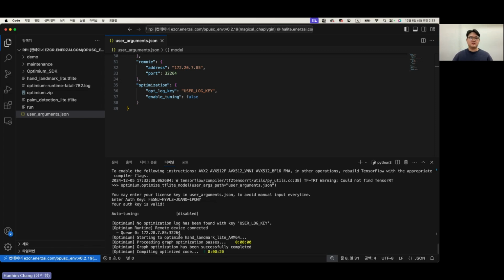And while the model is being optimized besides the auto tuning process, I'll just briefly share some information about Optimium's current status. Currently, we're running a beta of Optimium, and we have a limited coverage for inference optimization. Model-wise, we only support convolutional models for now, so basically CNN models. And architecture-wise, we only support CPUs, and that will be x86 CPUs and ARM64 CPUs. However, we do have plans to expand further.